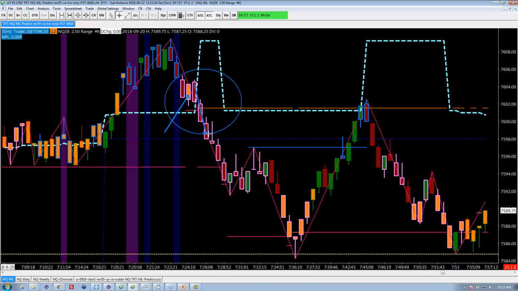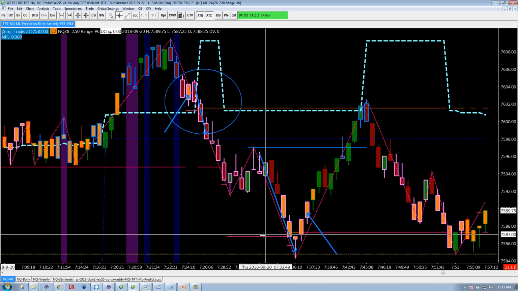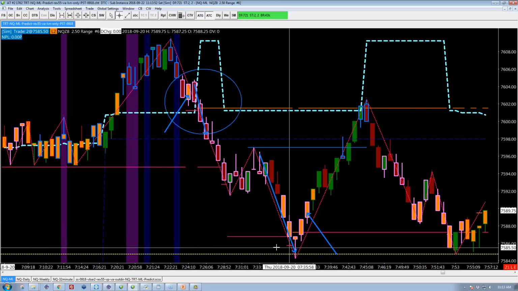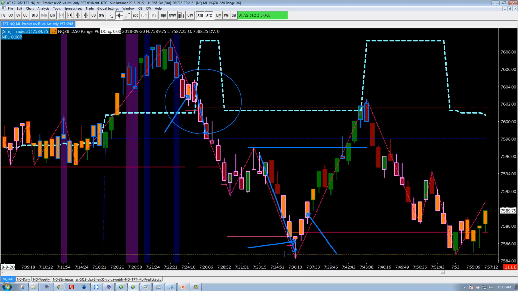This is actually not that good of an example because I'm blasting through it right into the point of control, and this is a place that we don't want to get in. So these bars are not orange because of that. So I need a better example here. So this is kind of both. In this case, the market falls down, and there's a series of low volume nodes here. It's really the same area. It's just moving around a few ticks as trading occurs in here. All right, and so we're going to get a prediction right there on the bounce, and then we're going to get a prediction right there on blasting through. All right, we often see it